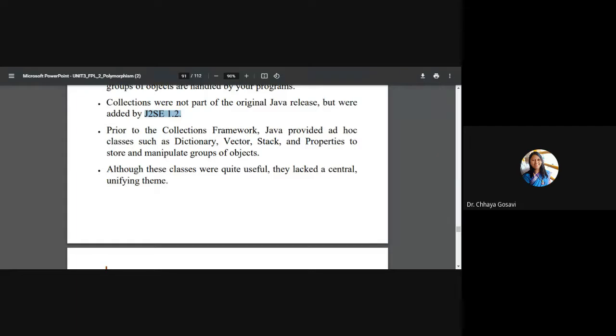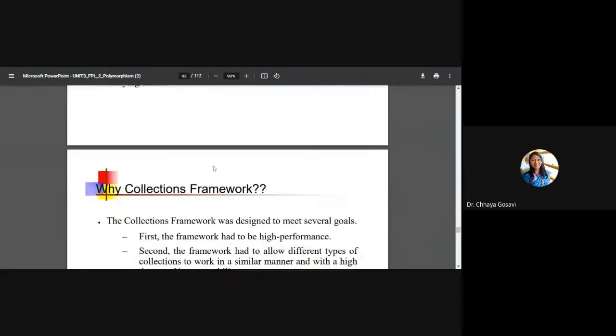Using the same interface, you should be able to add and remove elements from the collection, whatever the collection is, whether it is an ArrayList, Vector, graph, tree, or stack. Now the central and unifying theme is there. It was not there in the previous classes which were part of Java.